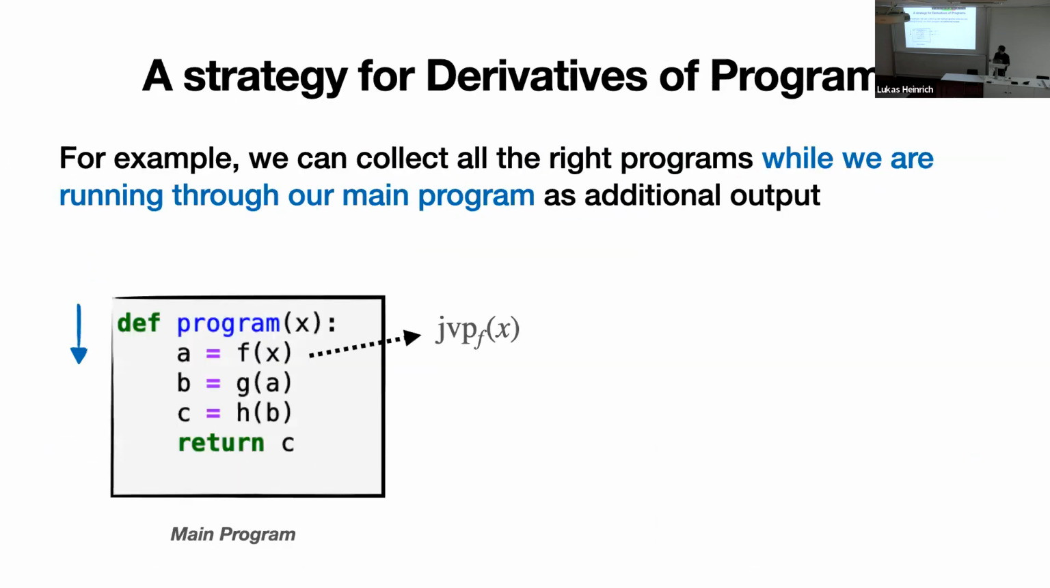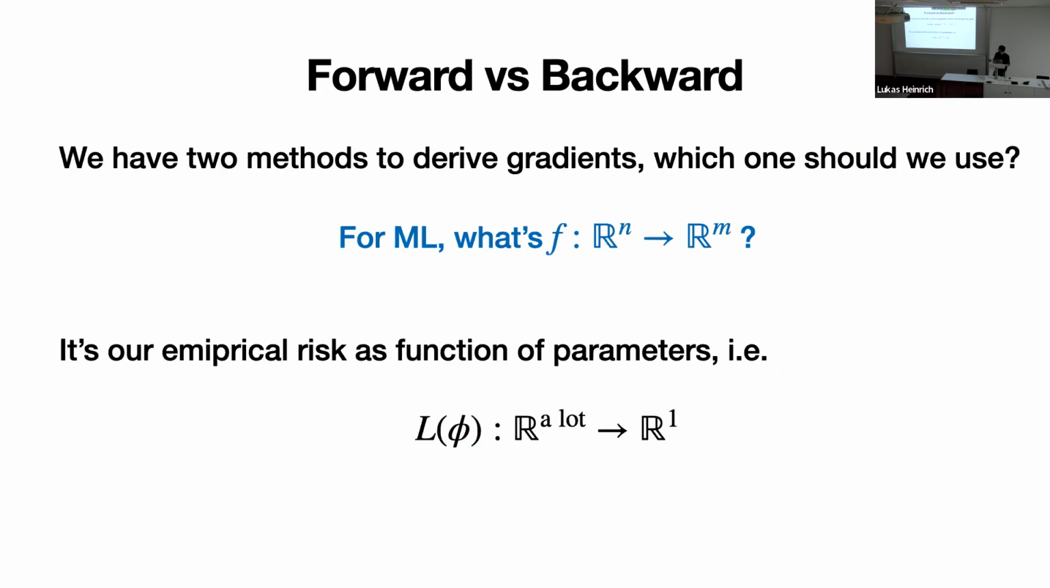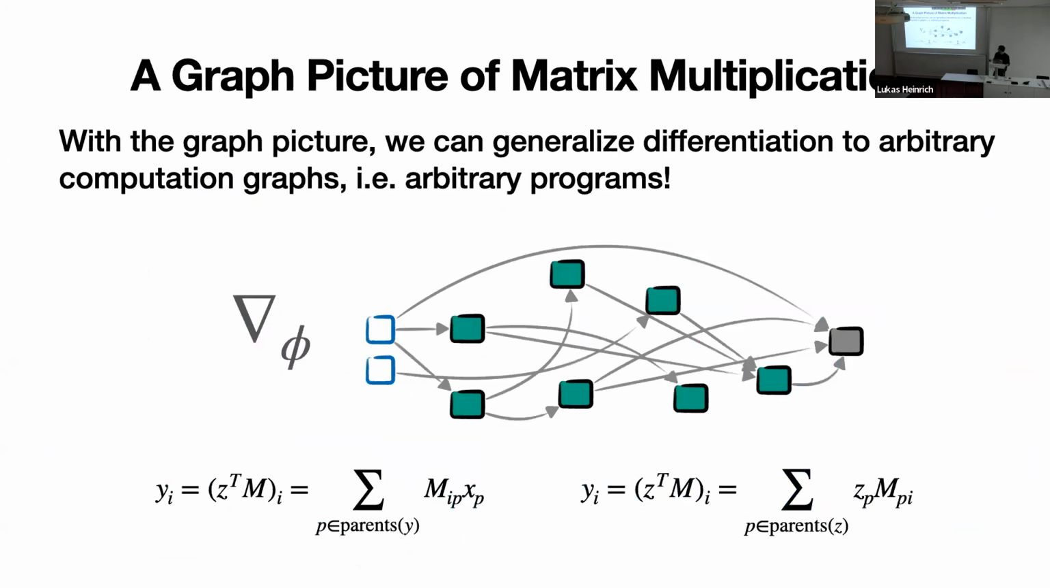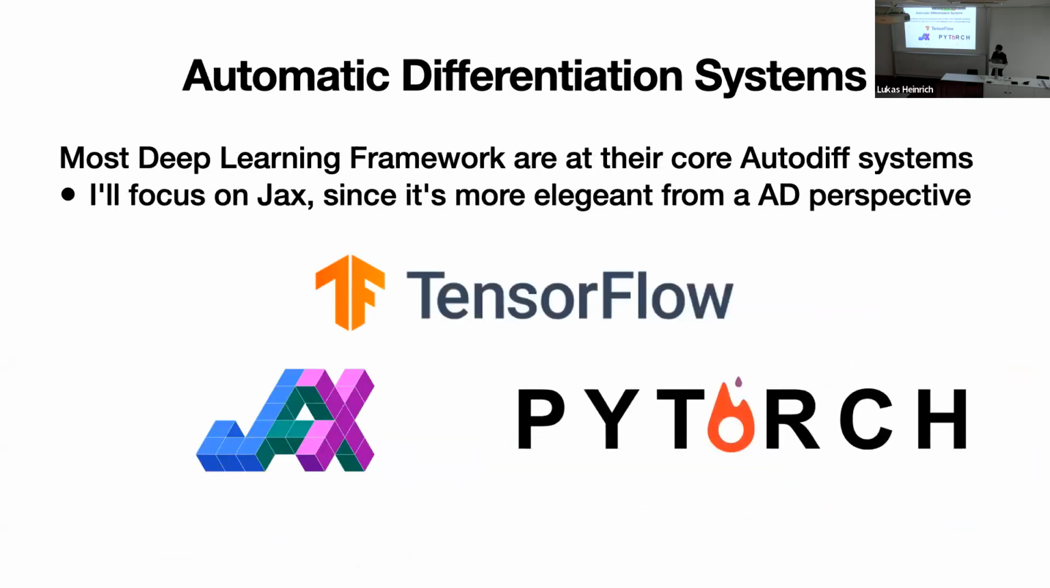But then, so it's exact, but it's also efficient, which is not something you can say for the symbolic differentiation. Okay, so then